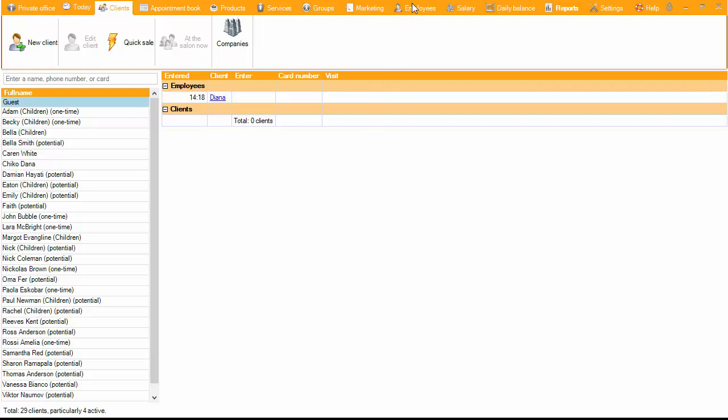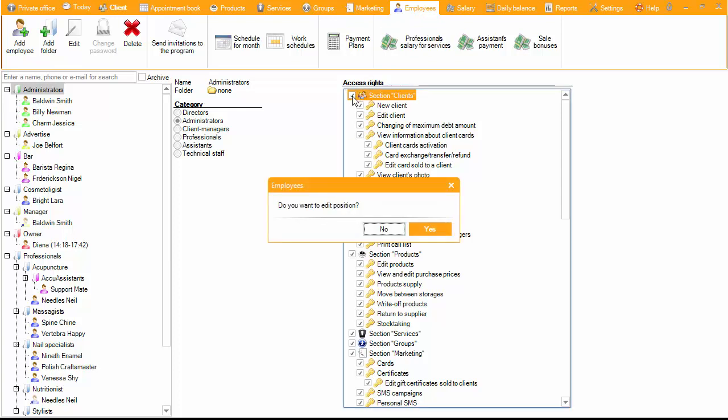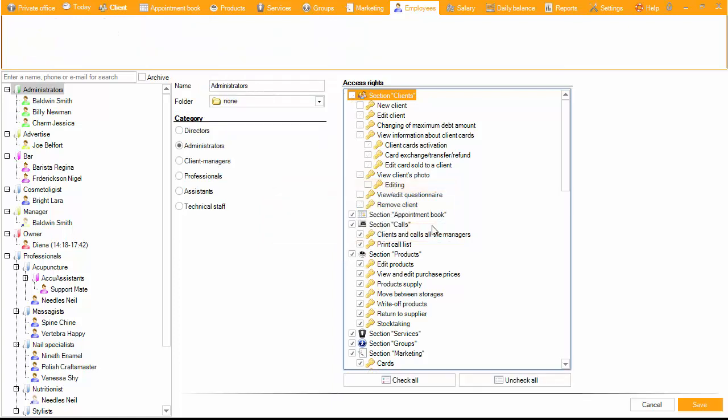To configure the access rights in the Employees section, select the folder and click Edit. Also, you can go to Editing by clicking on the item from the list that you want to change, and the program will offer you to edit the post. Then click Yes. Access for employees in the program can be permitted on the following items: